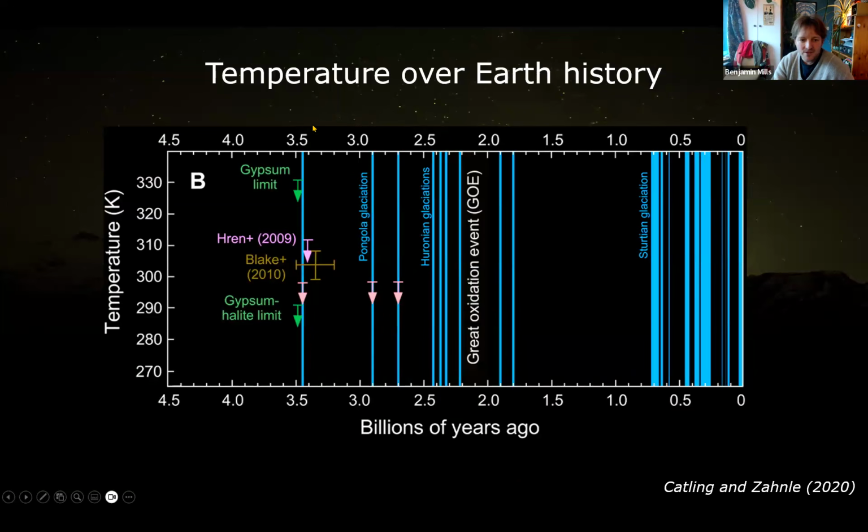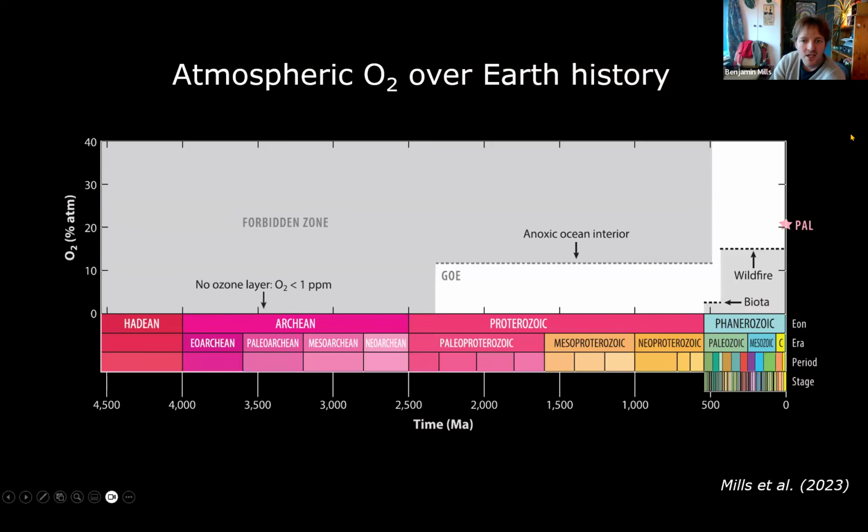So these blue bars here are the glaciations. What we can tell from this is we don't appear to have a clear trajectory in temperature over billions of years. So it's not as if the Earth was extremely hot, 70 degrees C or so, and then it cooled down. It doesn't seem to be that it was locked in ice and then it thawed. It seems temperature has varied potentially around similar levels as today throughout all of Earth history. We obviously don't know the entire extent of those variations, but there's not a clear trajectory in temperature, I would argue, at least. In atmospheric O2, there is a clear trajectory.